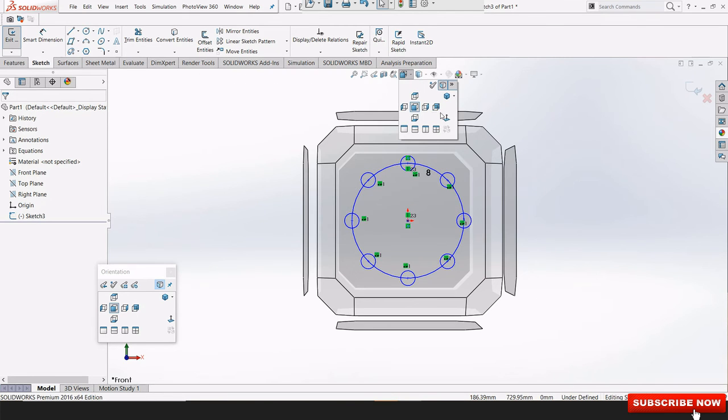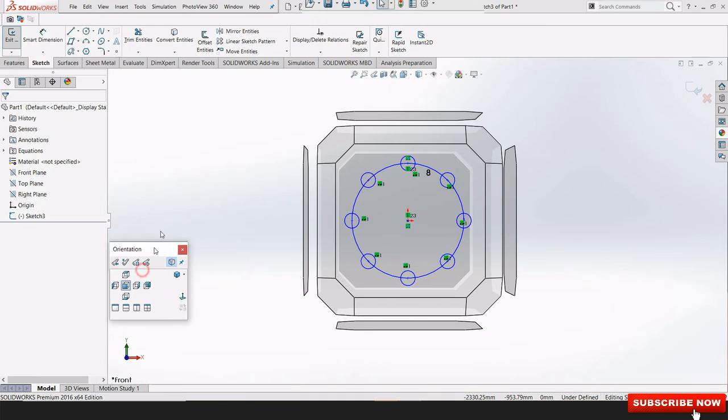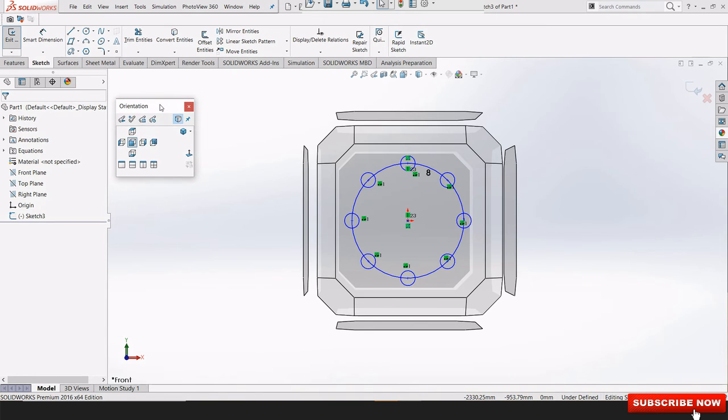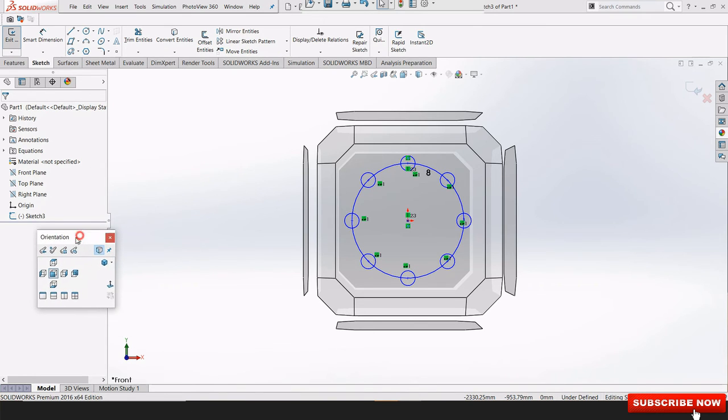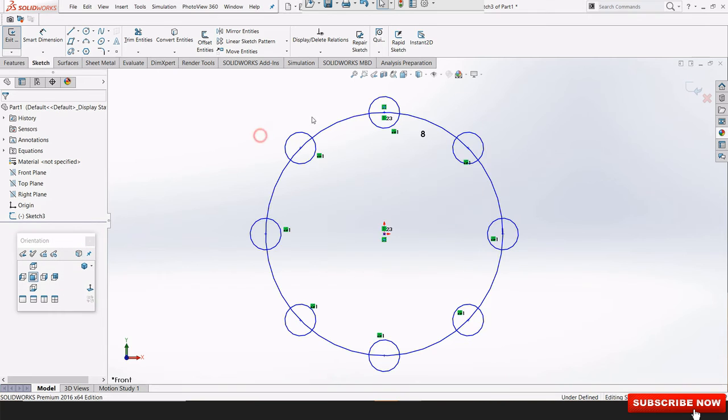Then there are more buttons. If you use this one, you will get this type of orientation which will float on your interface. You can put it everywhere. Okay, that's it for this tool. We will see the use of these tools in further videos.